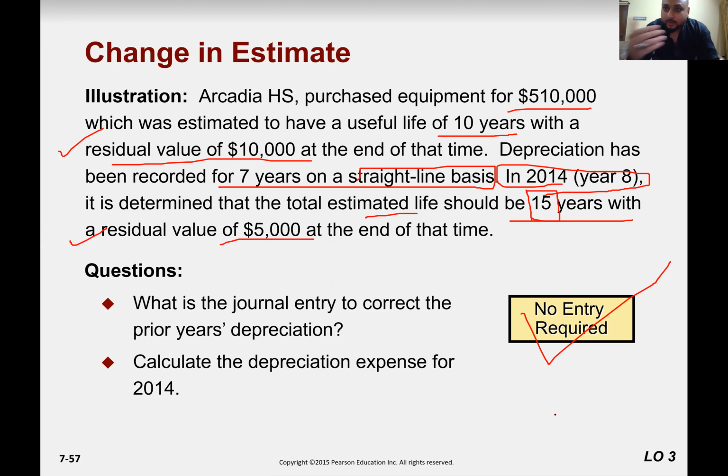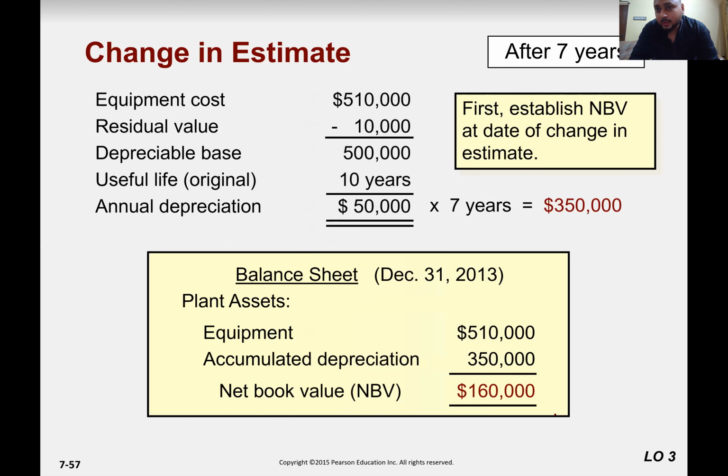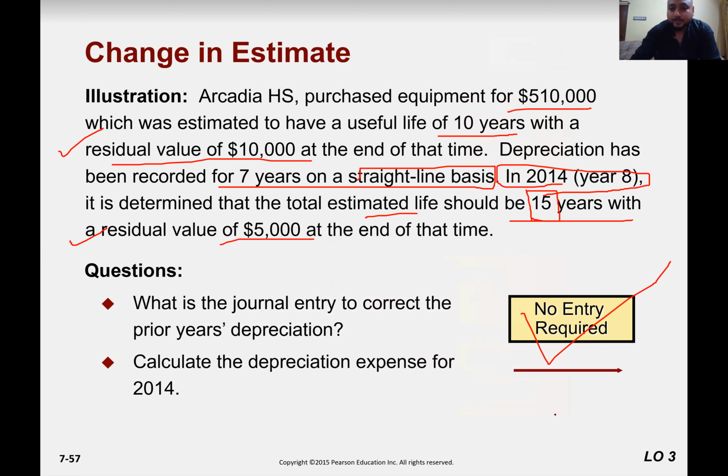So from now on, what will happen? The number of life has been increased. Previously, its life was 7 years and now 15 years, right? Its residual value is 5,000. So what will happen here? So you see, what will happen at the end of 7 years? First of all, the annual depreciation on the basis of straight line method is,